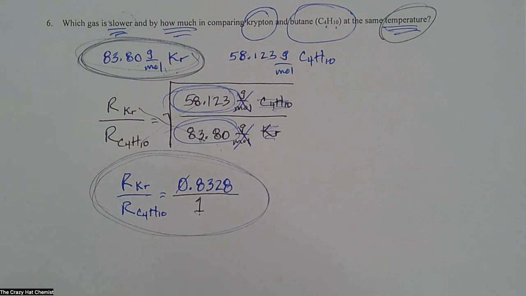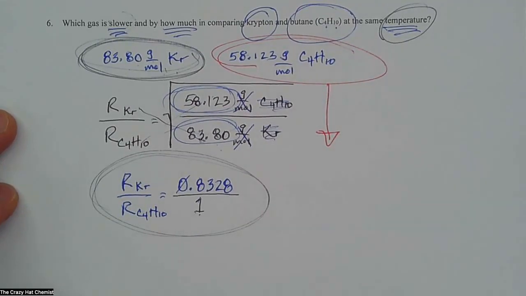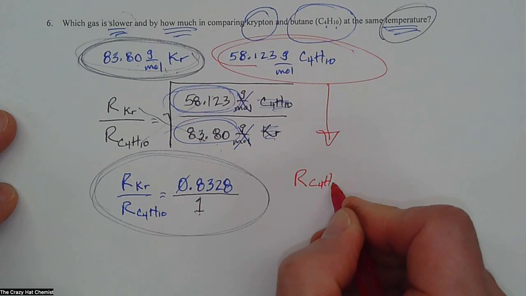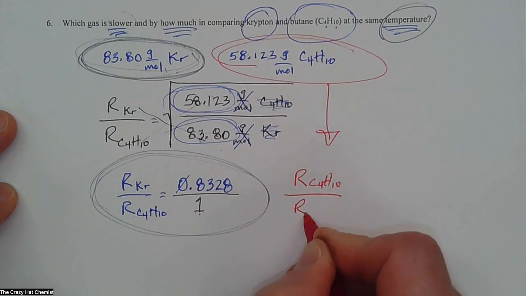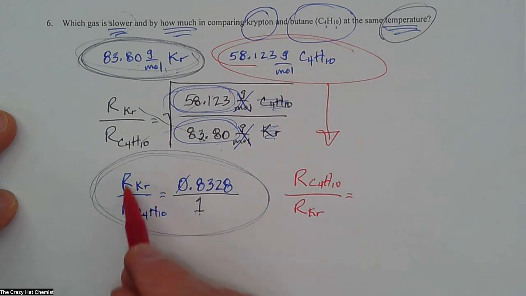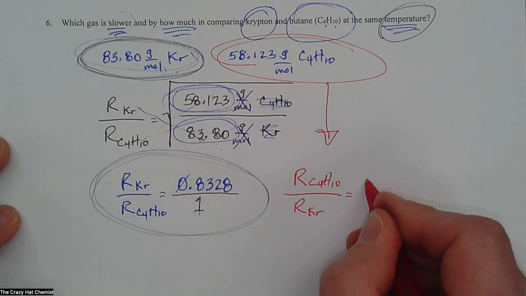Just for giggles, if you wanted to figure out which gas is faster, then your answer would be butane. How much faster is butane than krypton? And that would be rate of butane over the rate of krypton. And so that is effectively the inverse of this. So if you have this in your calculator already, you can take the reciprocal or the inverse of this value. And what you will get is